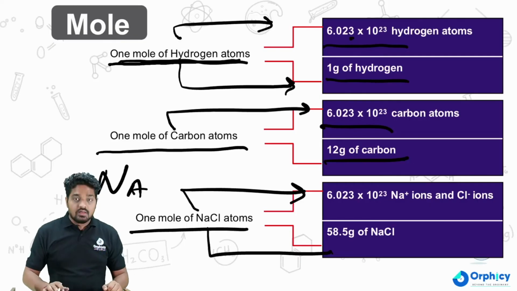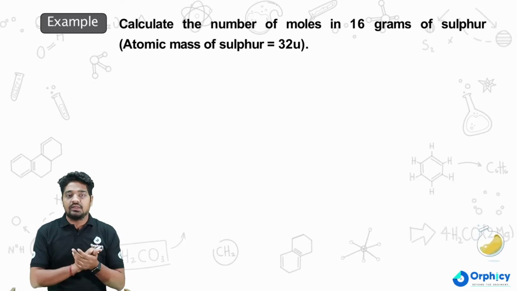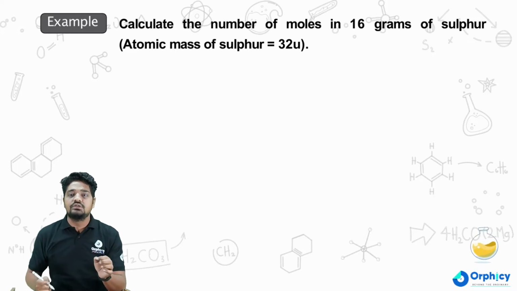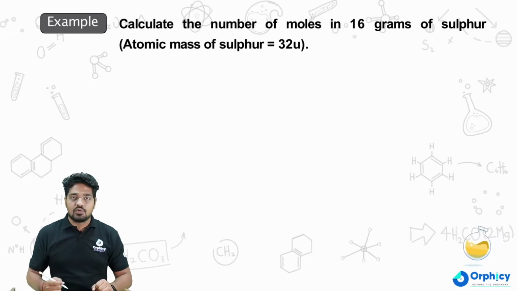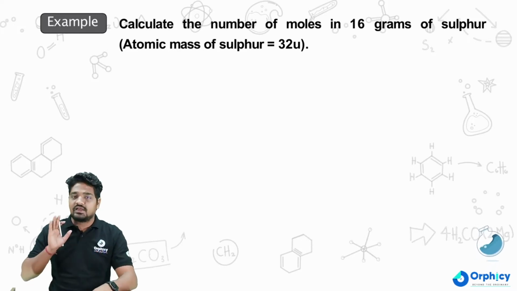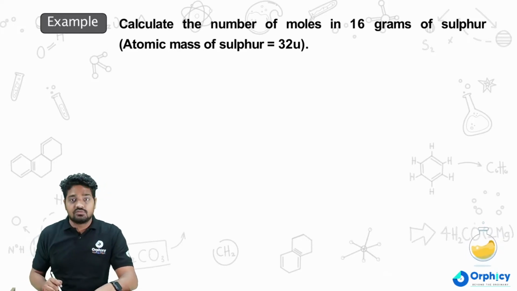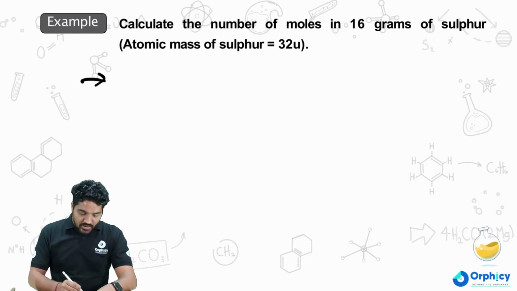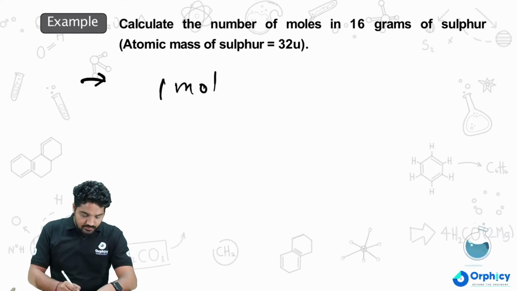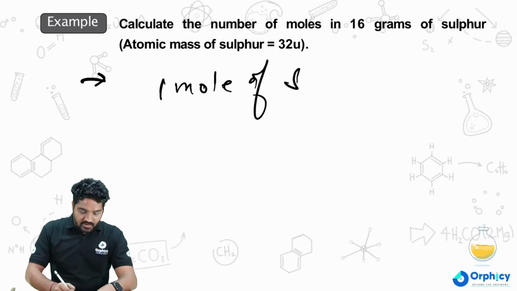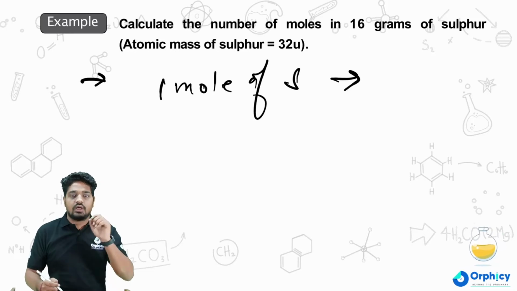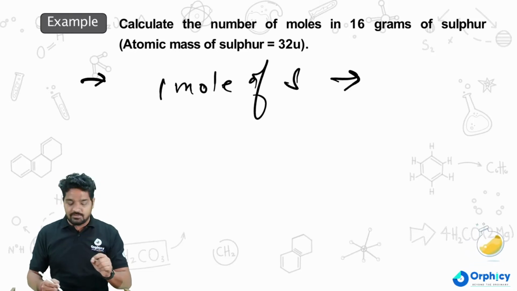Now let's head on to the question. So here the question says: calculate the number of moles in 16 gram of sulfur. You have to calculate the number of moles in 16 gram of sulfur. Now that's a very simple question. Here the atomic mass of sulfur is given as 32 u. So I know that the mass of 1 sulfur atom is equal to 32 u. Then the mass of 1 mole of sulfur atoms equals